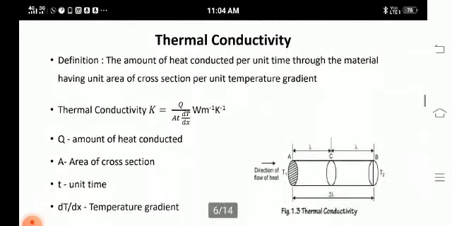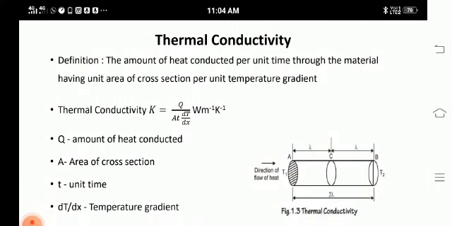Now we'll move into thermal conductivity. For measuring thermal conductivity, we are supposed to know what is thermal conductivity. We'll see. Thermal conductivity is the amount of heat conducted per unit area, per unit time, per unit temperature gradient. It is almost the same as electrical conductivity. Thermal conductivity K is equal to Q divided by A t dT by dx,